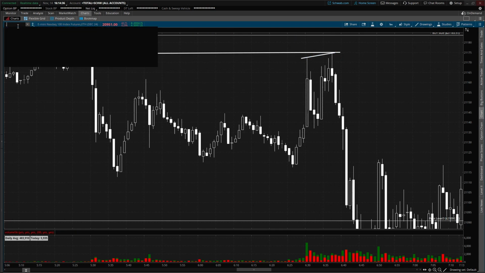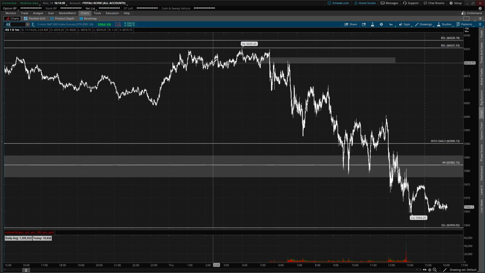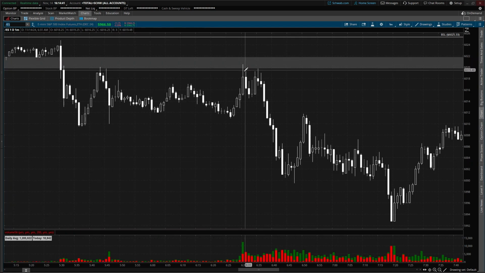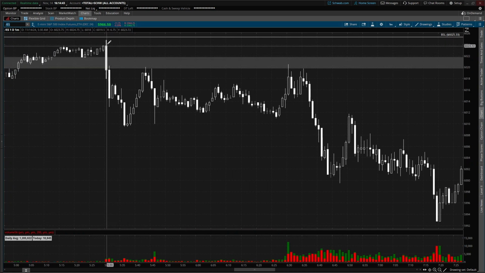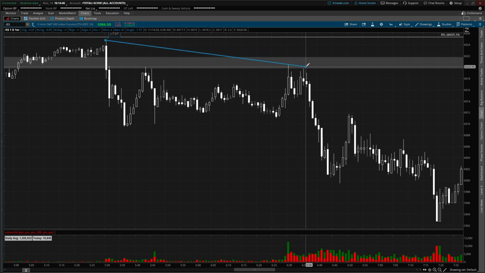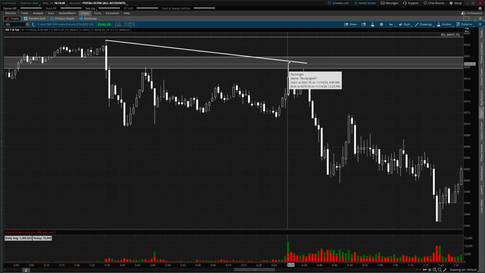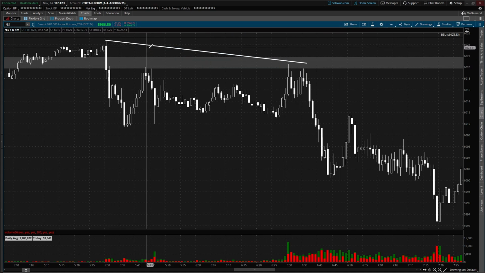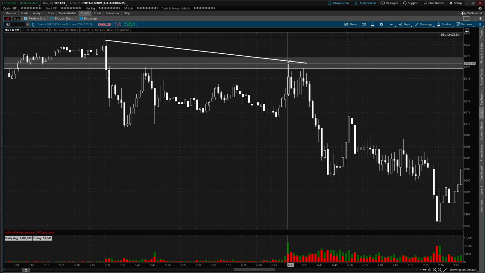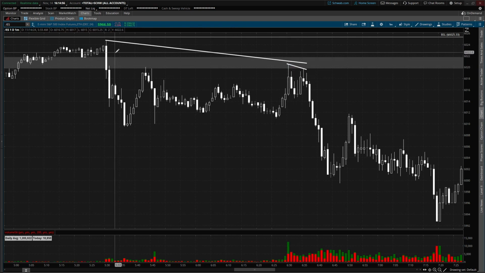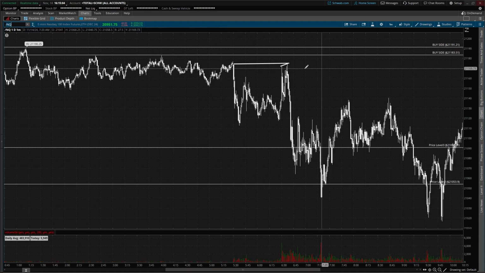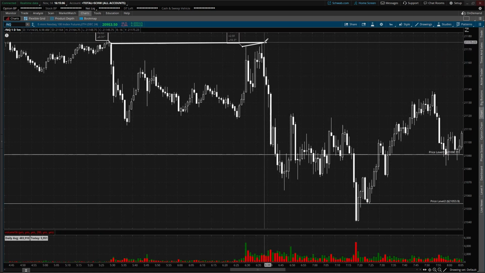Let's look at ES. ES off the open did not sweep out 5:30 a.m. highs, nor did it sweep out the 6:30 opening high. So we see a lower high on ES, another lower high internally. So internally, lower high, externally, lower high. We go to NQ, the opposite. We sweep out data highs here, and the 6:30 candle sweeps above it. So we have a higher high and a higher high.